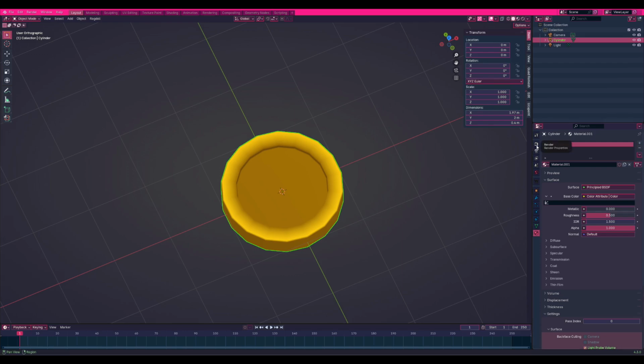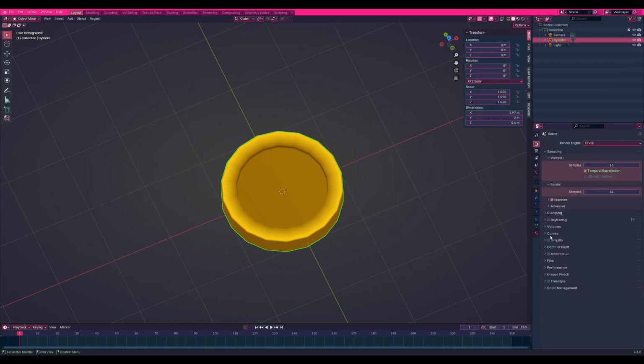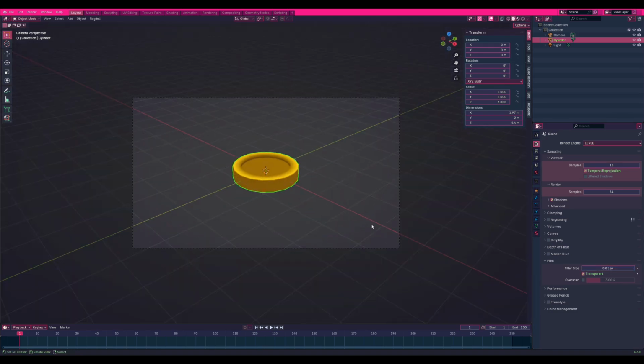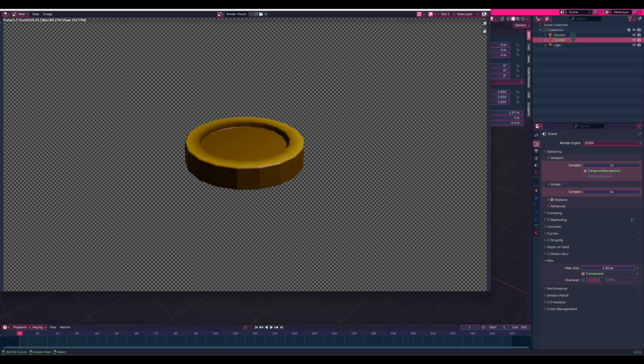So before you do anything, you want to go into render, film, and activate transparency. And then you want to set your filter size all the way to the minimum amount. This makes it so that it has no anti-aliasing. So I'm going to do a quick example here. I'm going to undo that and render. Oh wait, before we do that,